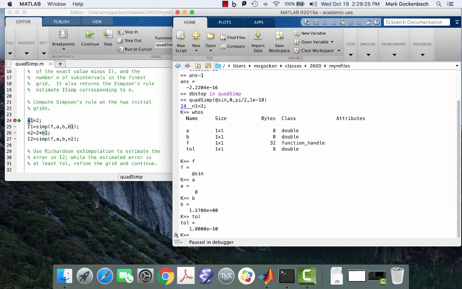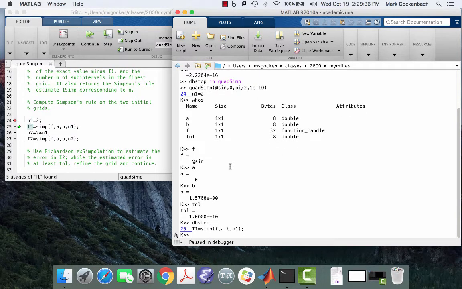Now I'll show how to execute the next line of code. There are two ways to do this. The command dbstep, given in the command window, causes one line of code to be executed. In the editor, you see that the green arrow is advanced one line. Also, we see that this line of code just executed is indicated by the fact that n1 now has a value. The other way to execute one line of code is to click on the step icon in the toolbar